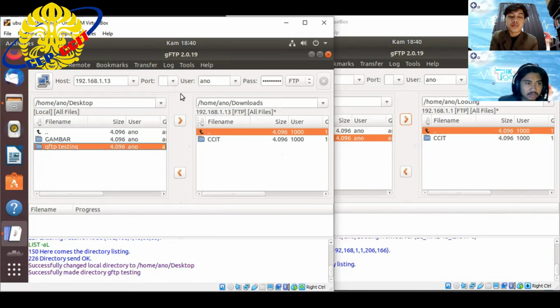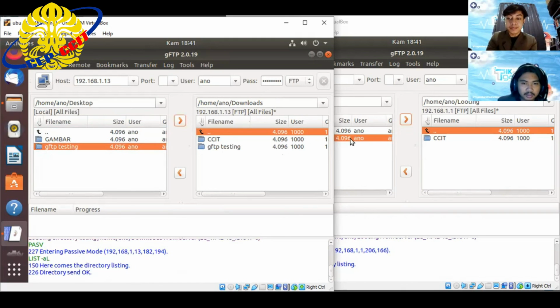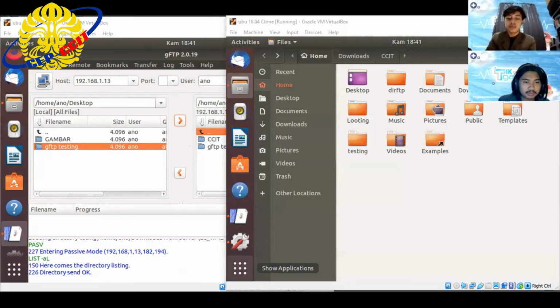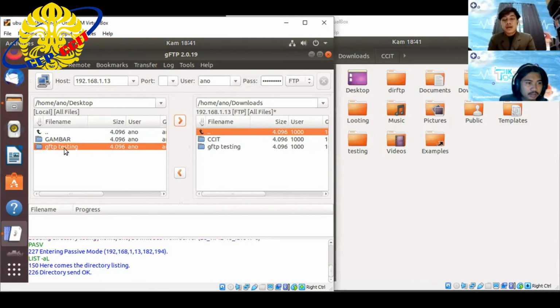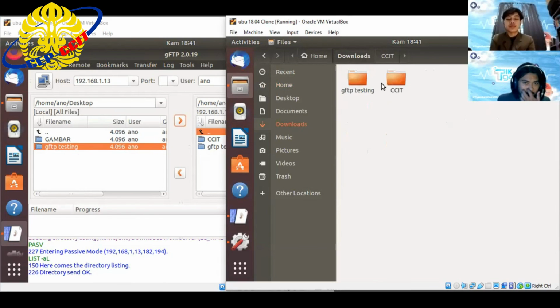First again in downloads, and then in the client, that is the GFTP setting, and then press the symbol from the server to the client, and then check the downloads. That is the GFTP testing, it is there in the downloads. Okay,